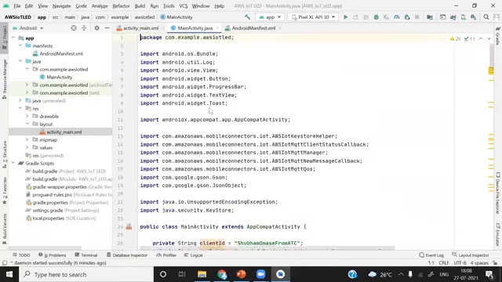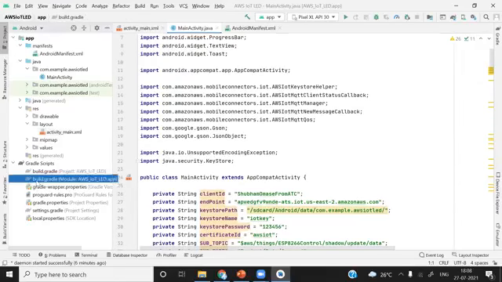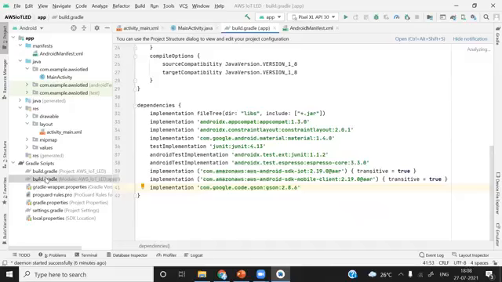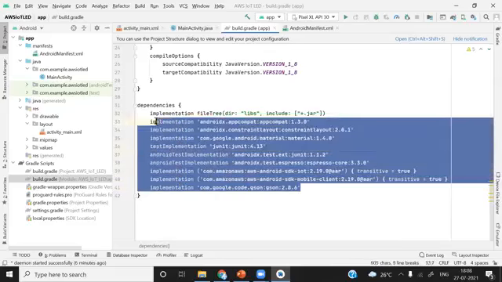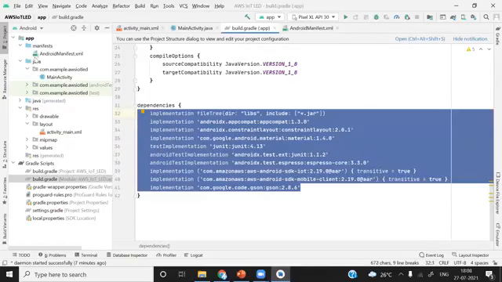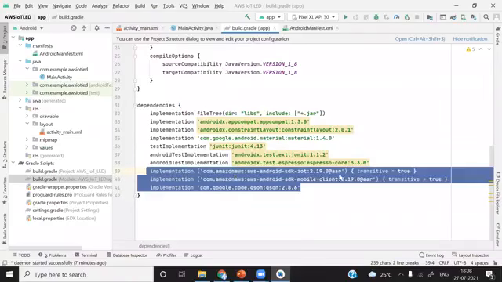If you want to do a project with AWS IoT, I will upload this snippet. Just copy the entire code, all the libraries, MQTT, AWS key store helper, everything, and it will show some error. To eliminate that error, go to build, and you can see here we have implementations. Just copy everything. I will upload this entire project, so all the files in this directory will be available. You first have to add these implementation files.